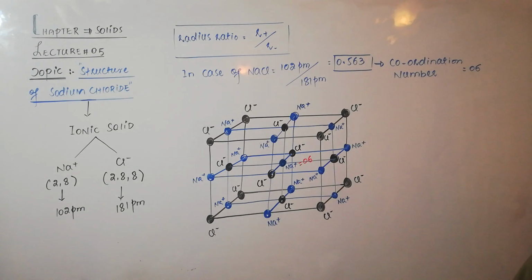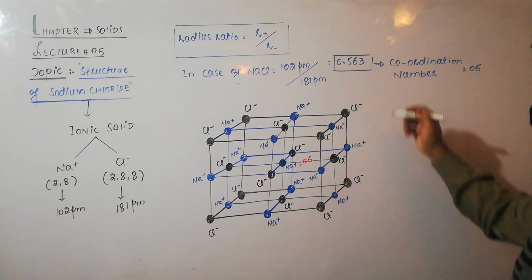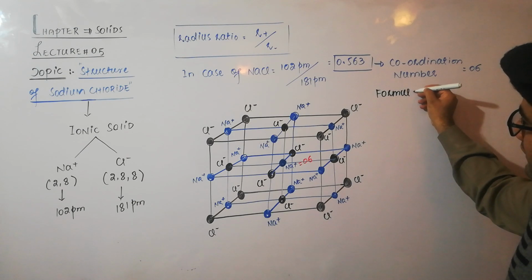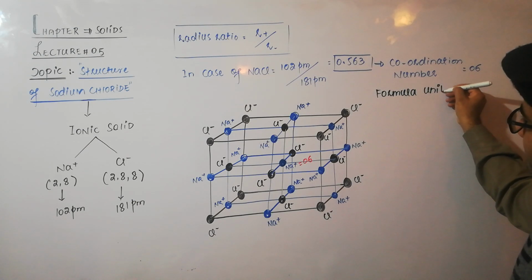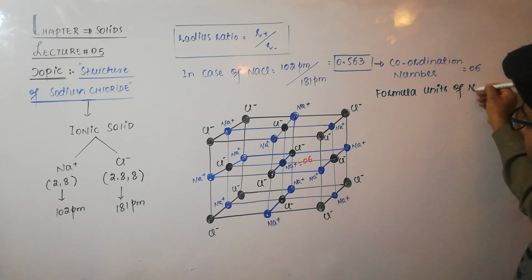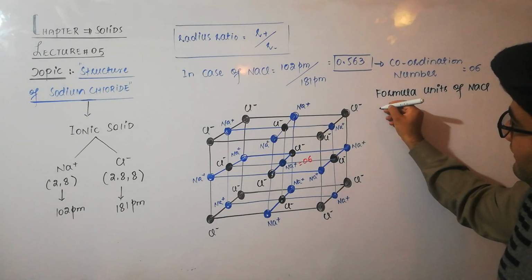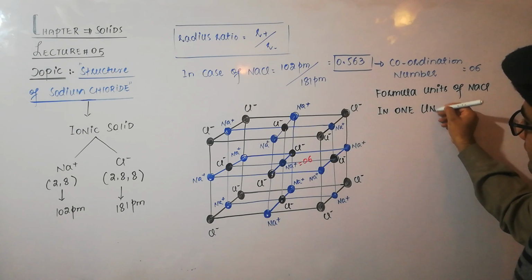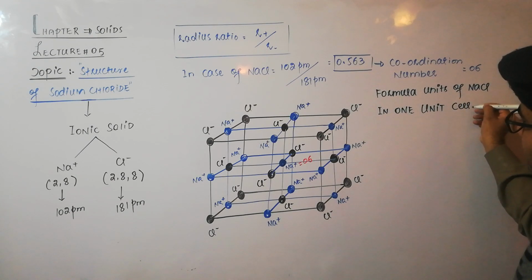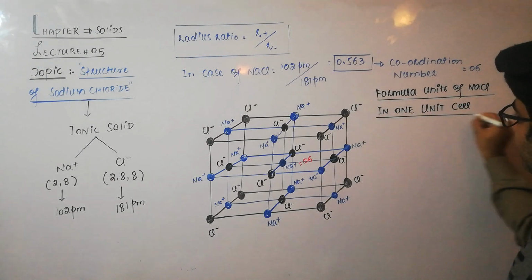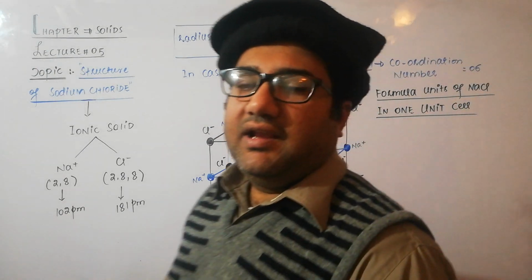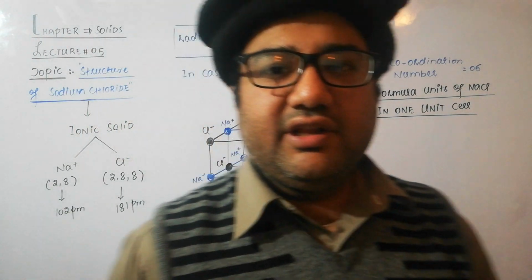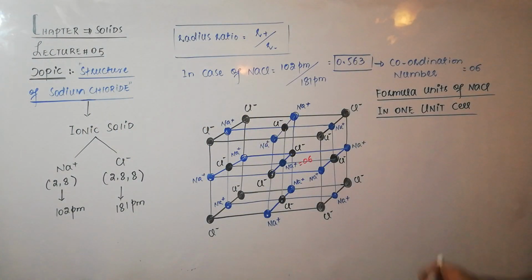But a very important point now starts here: how many formula units of sodium chloride are there in one unit cell or in one cube? How many formula units will be there? In order to calculate the formula units, we will have to calculate the chloride ions and sodium ions per unit cell. So first of all, let us calculate the